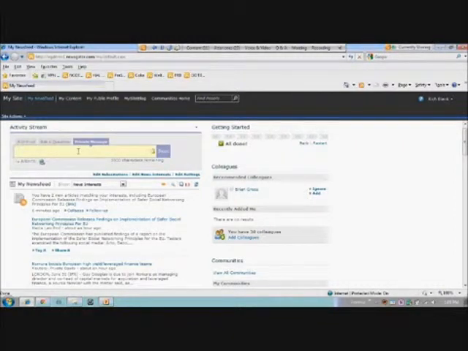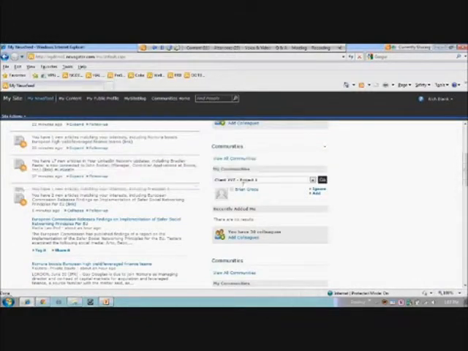I also have the ability to do private messages here as well. This is also some new functionality, but basically it is what it is: private messages, and it doesn't appear in the public stream. It's only between me and the individuals that I'm actually messaging within the activity stream. I can't target a community, so I can only target people here. Whereas if I'm adding a post or asking a question, I can target a specific community and direct that message into the community's activity stream.